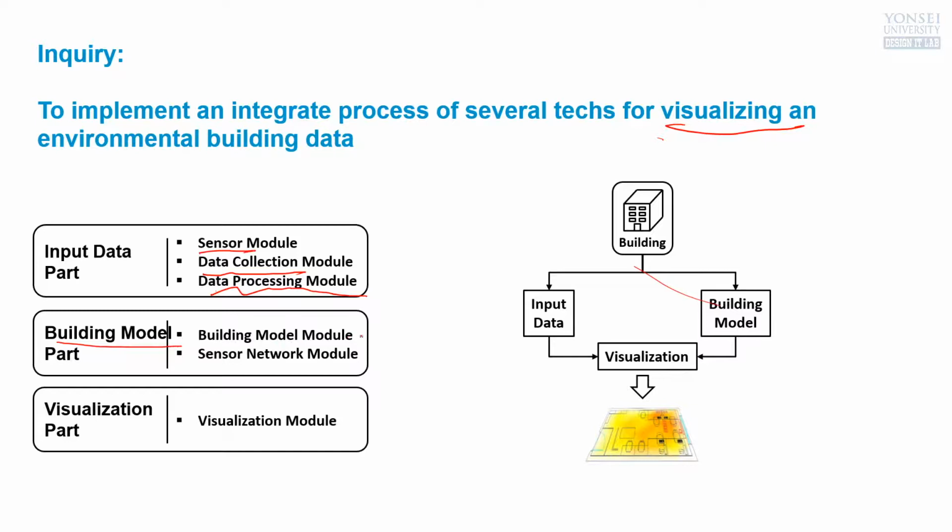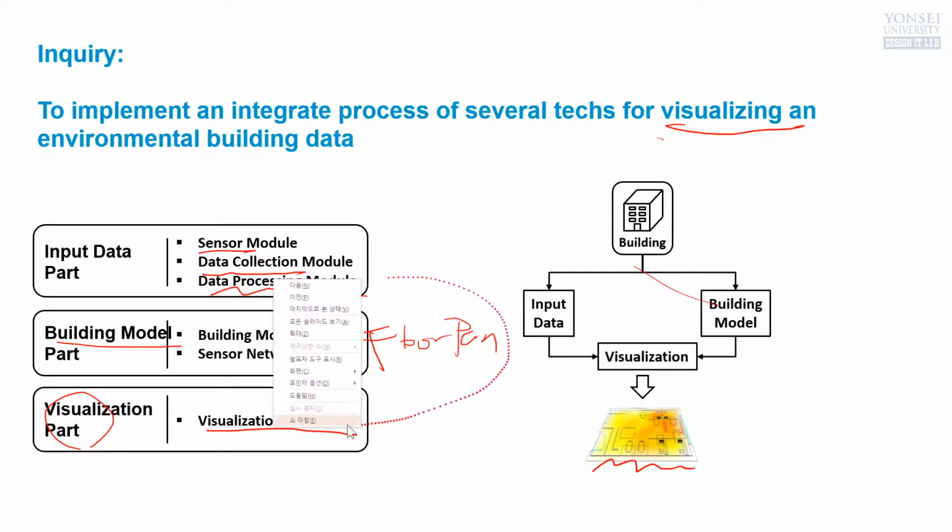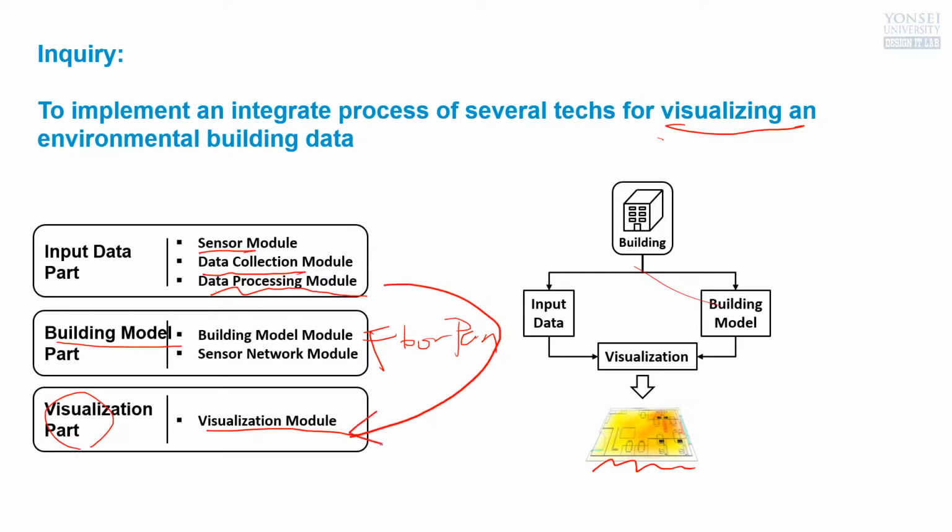Existing floor plan, right? Floor plan, like this one, existing building data. And another one, the visualization part. So the visualization module is in charge of this kind of sudden change. So take a look, the input part can be transformed into this one. Okay, numbers here from sensors can be changed into this kind of colored visualization